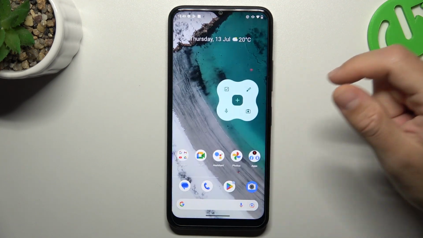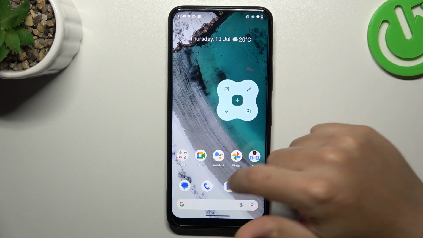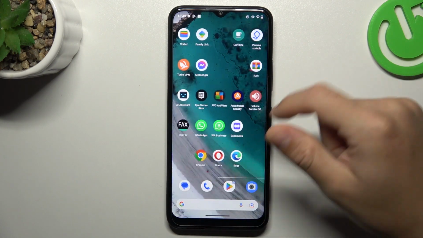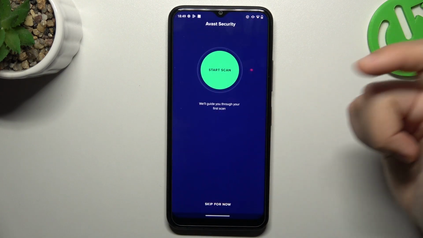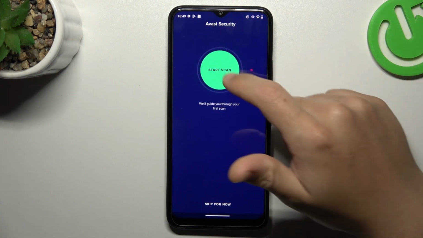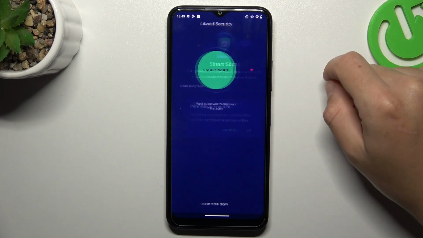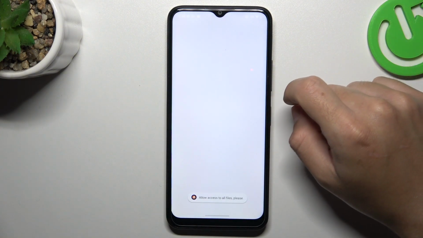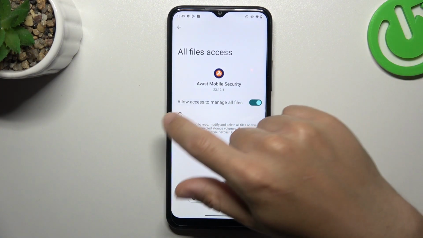But if that way doesn't work for you, you can also try to download an antivirus app, so go to the Play Store and look for the best antivirus app for you. I'm using Avast, so we can start with this app. Okay, now tap on the green circle in this application, tap on OK, and allow permission to the files. Go back to the app,